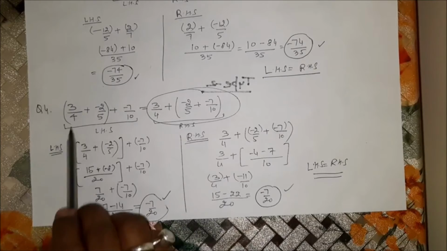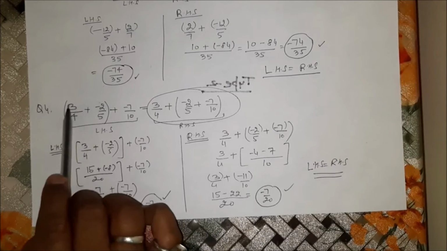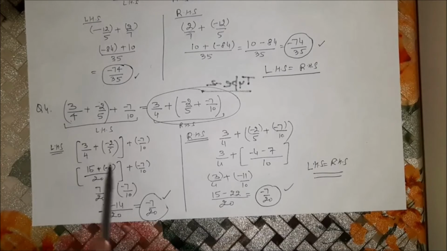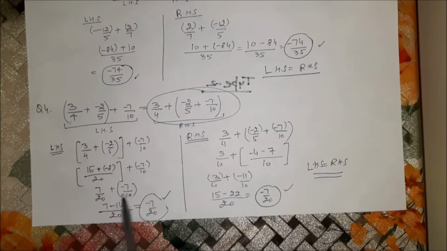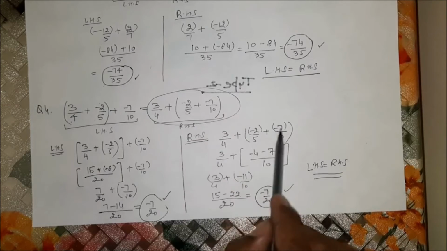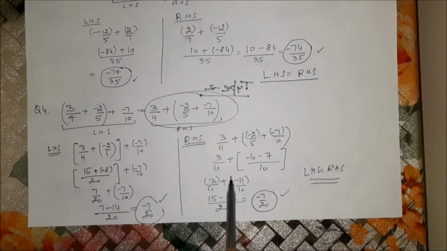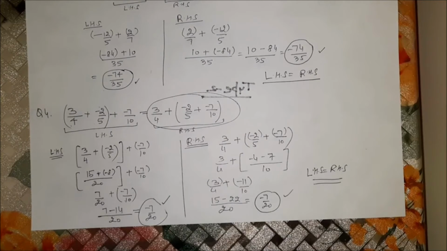So if we have three rational numbers, what we will do? When we add the first two rational numbers, you will get one single rational number, and that can be added with the third one. Then you will get again a single rational number. Okay,